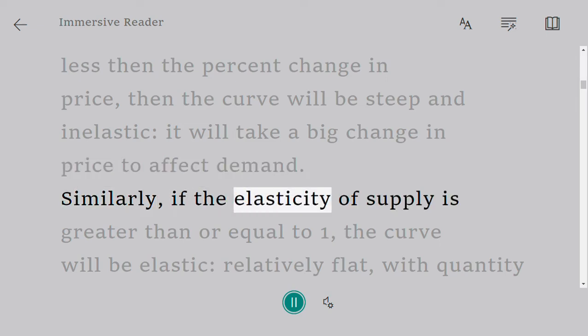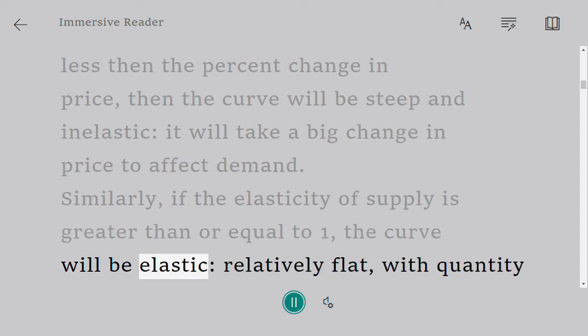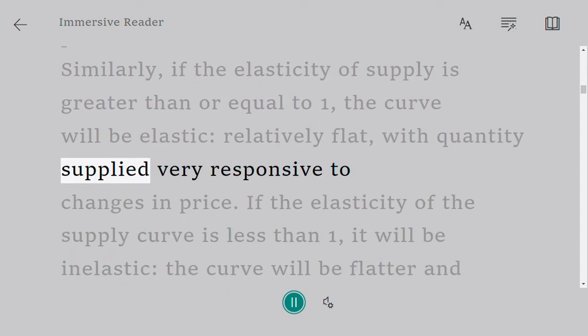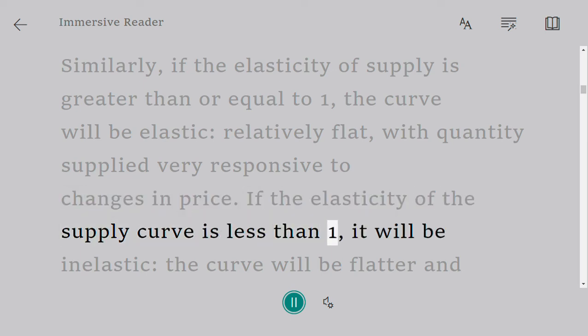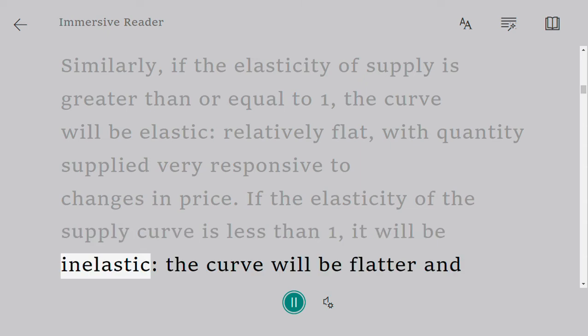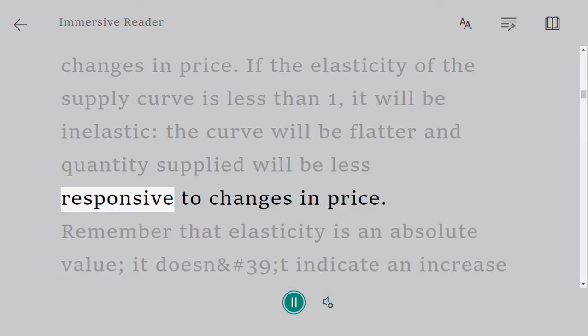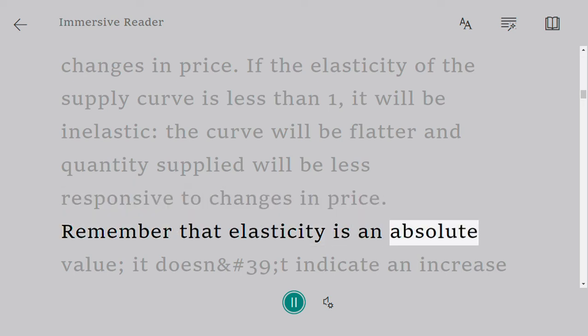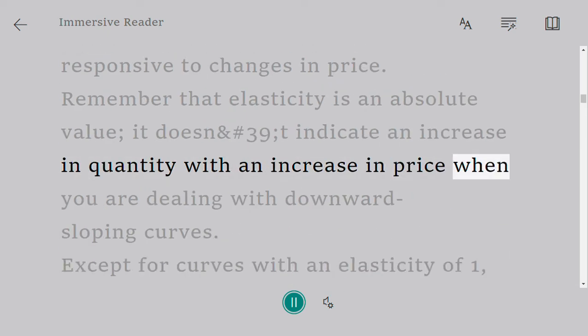Similarly, if the elasticity of supply is greater than or equal to 1, the curve will be elastic, relatively flat, with quantities supplied very responsive to changes in price. If the elasticity of the supply curve is less than 1, it will be inelastic. The curve will be steeper and quantities supplied will be less responsive to changes in price. Remember that elasticity is an absolute value. It doesn't indicate an increase in quantity with an increase in price when you are dealing with